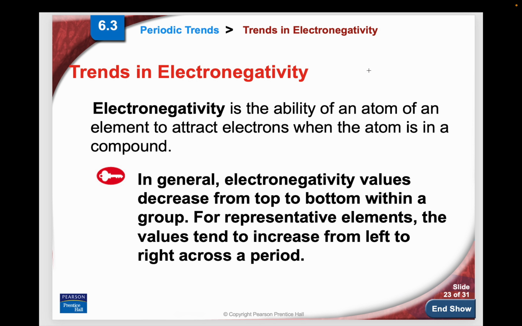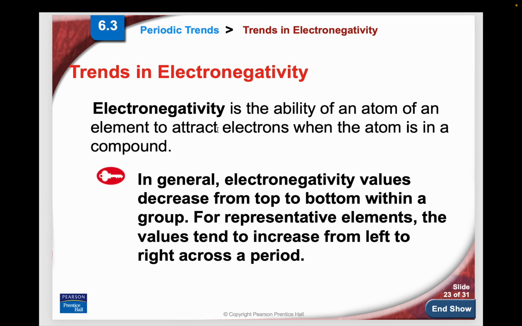is one of them. Right now, you don't need to worry that electronegativity values decrease from top to bottom and decrease right to left or increase from left to right across a period, but it defines how electron withdrawing an element is. In other words, whether or not it will withdraw electrons from another atom. And